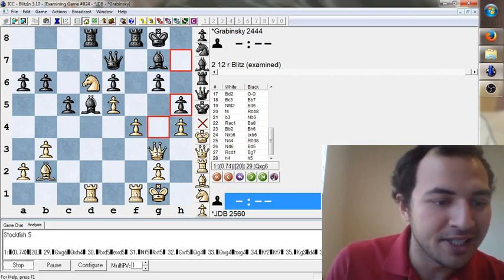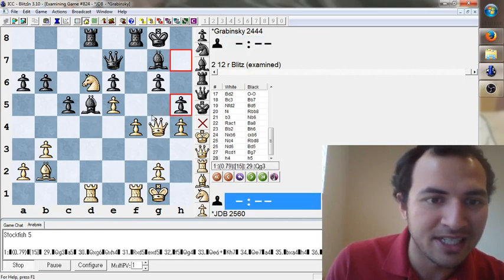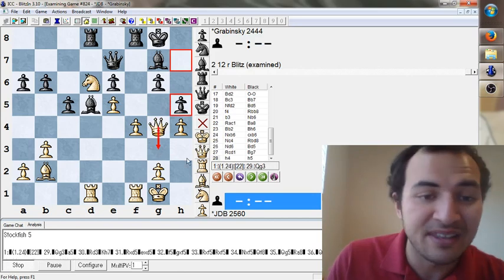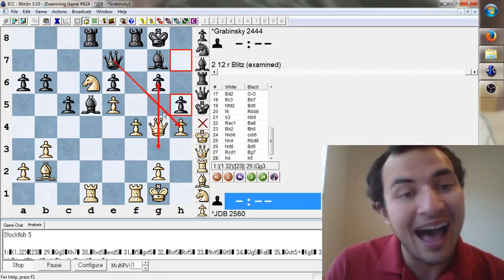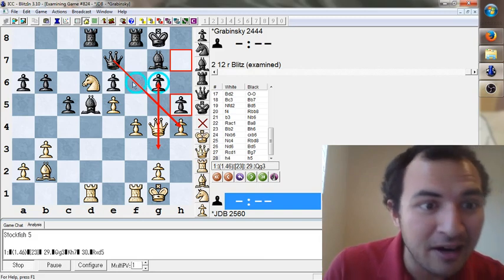I just intended queen g3, which is pretty good. Yeah, the computer thinks it's pretty good. But queen takes g6 is also playable. I just thought, again, queen g3, I don't see anything immediate, because if I took on g6, it allows him to take on h4. I just want to leave him with this weak g6 pawn, the weak f6 square,